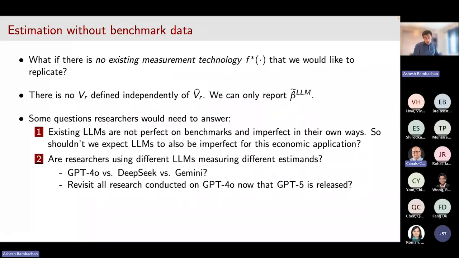I think if you went down this path, you'd have to ask and answer some uncomfortable questions, which is that different large language models produce different labels. So if one researcher studying congressional bills used, say, GPT-5, and another researcher studying that same congressional bills data set used instead DeepSeek or Gemini, are they somehow asking different economic questions of interest? Or when a new model gets released, do we have to go back and revisit all research that was conducted with models now inside the frontier? So I think this is a route that we would not be willing to take.